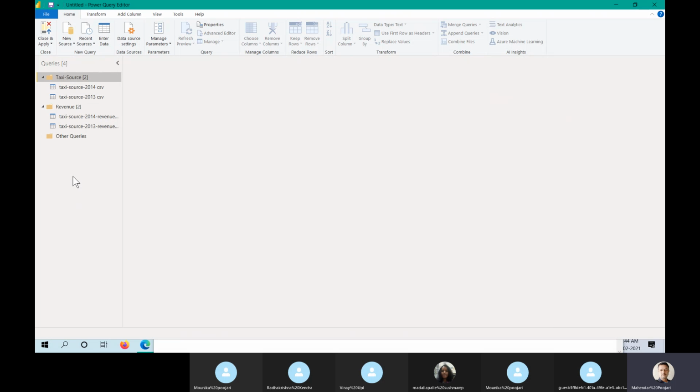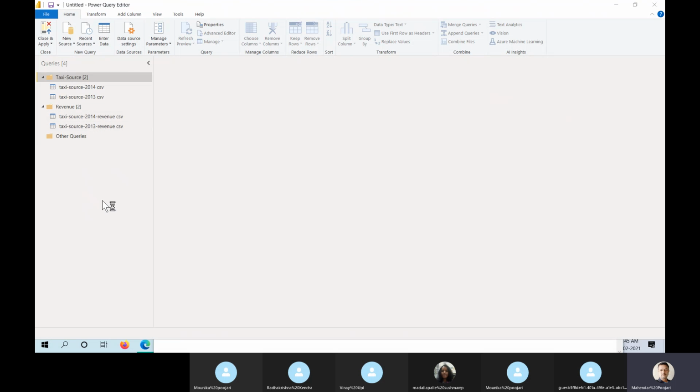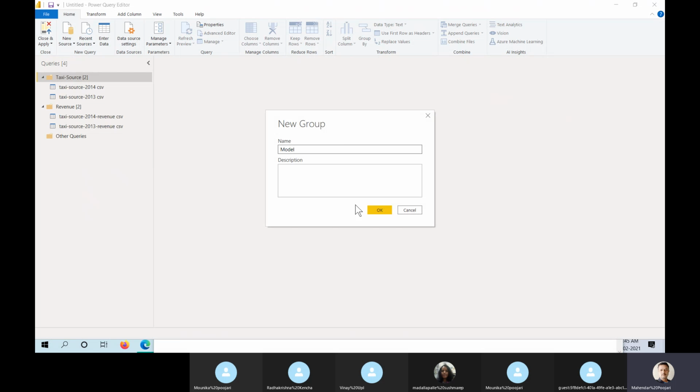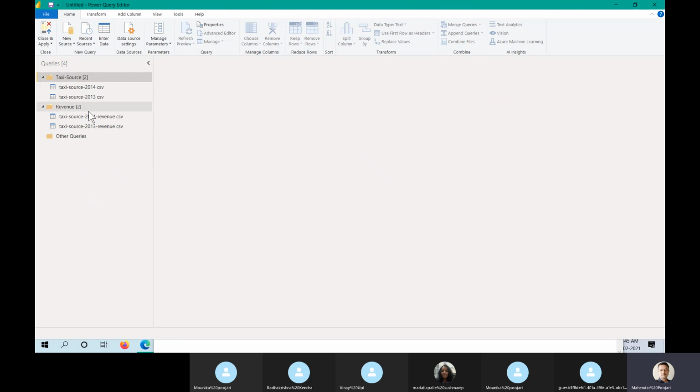There is no hard and fast rule, but it should be readable and understandable. It should look very good, so that someone says, oh wow, this is nice. It depends on your project type and how you create it. So this is the sources, and this is revenue. All sources are like this, and all revenue files are like this. Really nice. And one more folder you can create for model. I'll talk about that later, but let's jump in and understand these files.